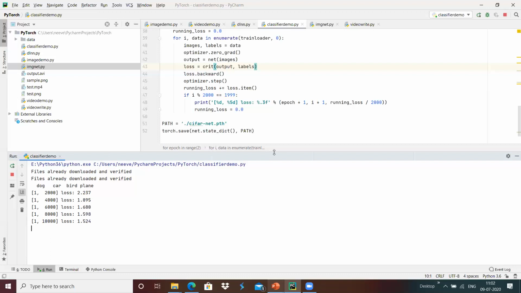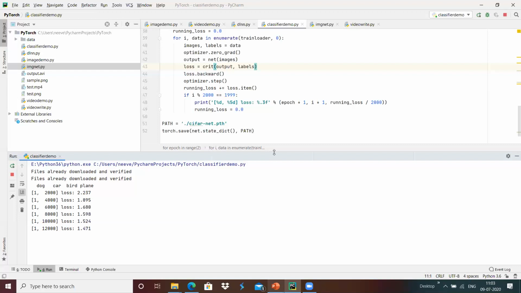We have given it to do training for 2 iterations. The first iteration is going on currently. The 12,000 images have been loaded with an output loss of 1.471 with respect to the gradient over here, and it started the next iteration.